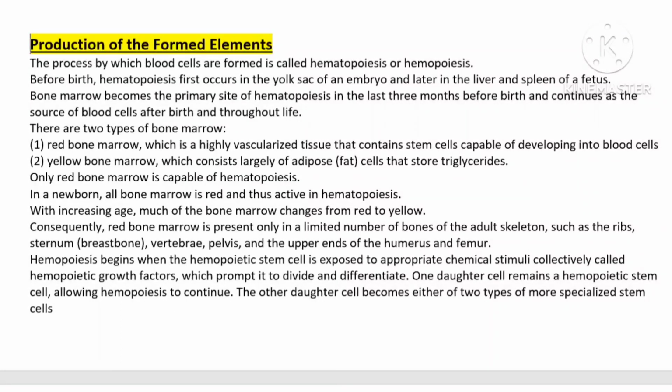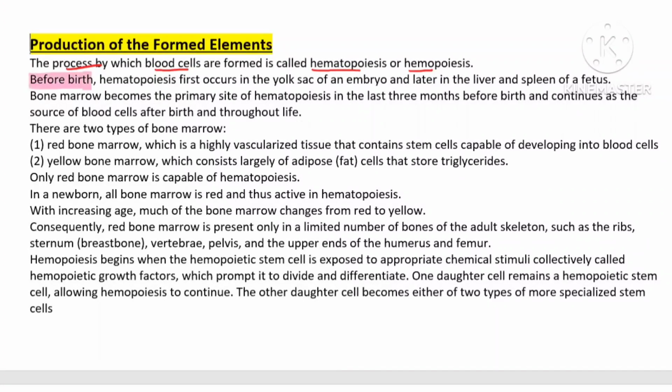In this video, we are going to study how the formed elements are made. You know very well blood composition has three types of formed elements: RBC, WBC and platelets. And the process by which these blood cells are made is known as haemotopoiesis or haemopoiesis. Now see carefully,